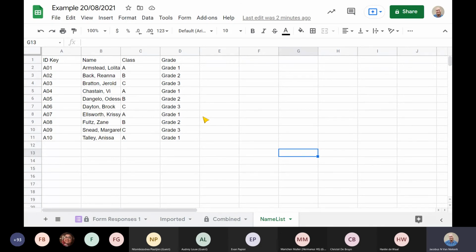Today, we looked specifically at how I make sure that I get the right kind of input in a Google Sheet, by building my form to limit the control, and then how we use ID keys to determine certain things. Another thing that could be very useful, that we wanted to get to, is how we control input inside of the sheet, adding data validation and tick boxes and all sorts of things like that.